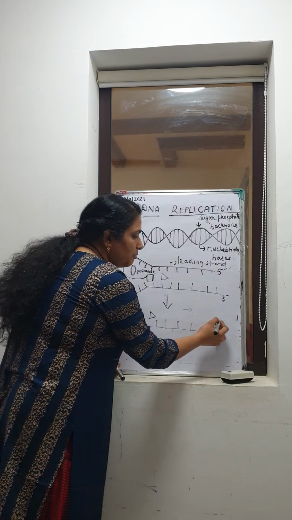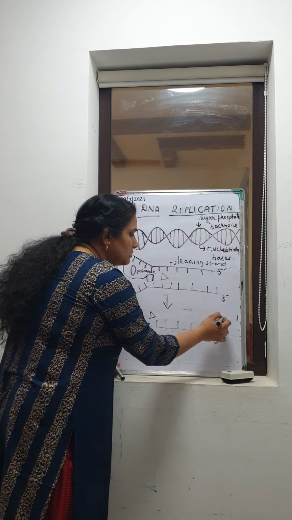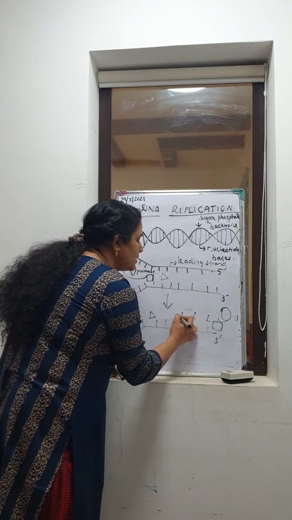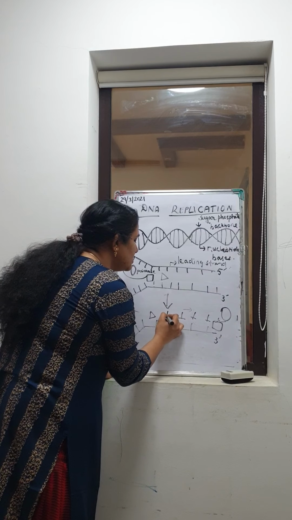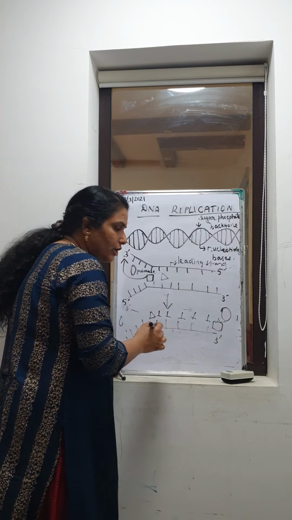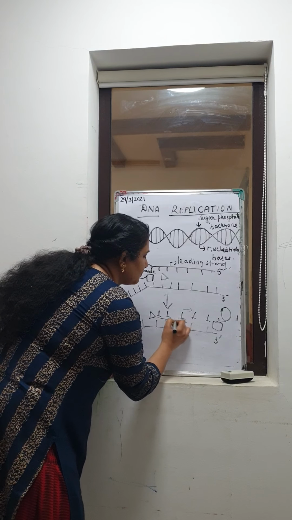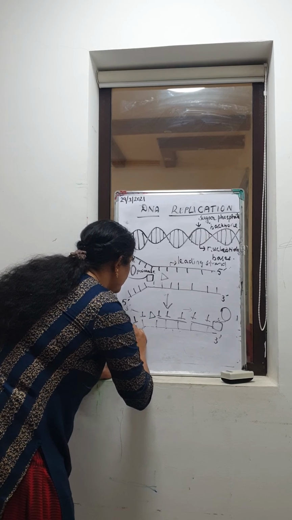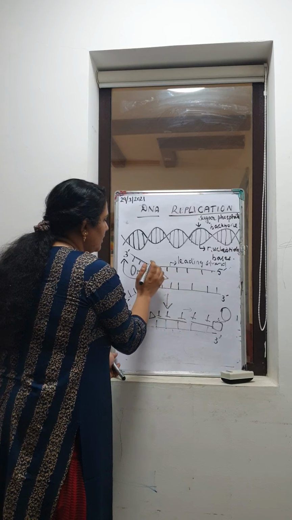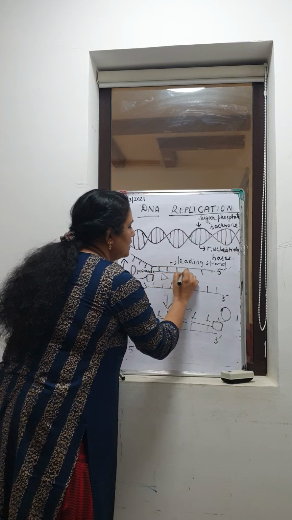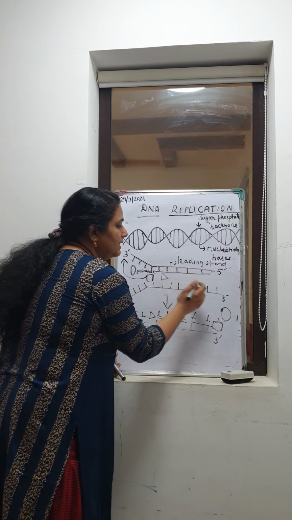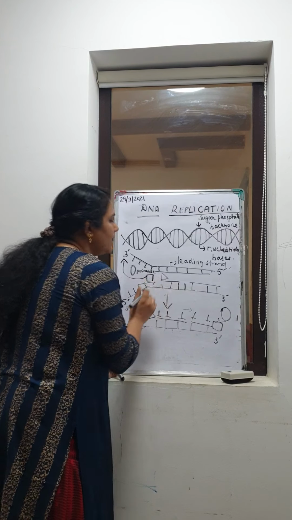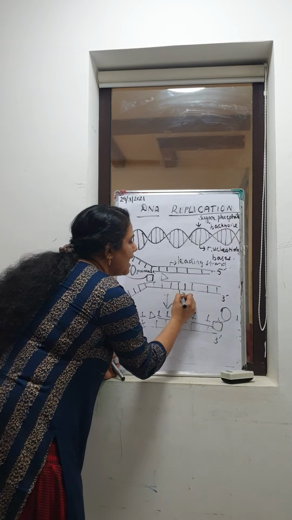Okay, so when this DNA polymerase is acting, the primase comes into its role and it gives some RNA primers here, and then from those RNA primers, DNA polymerase will add the nucleotides, isn't it? So this will be like this. It will be breaking. See here, you can see a continuous strand is formed, but in this case it has been broken like this. So that we call this the lagging strand.